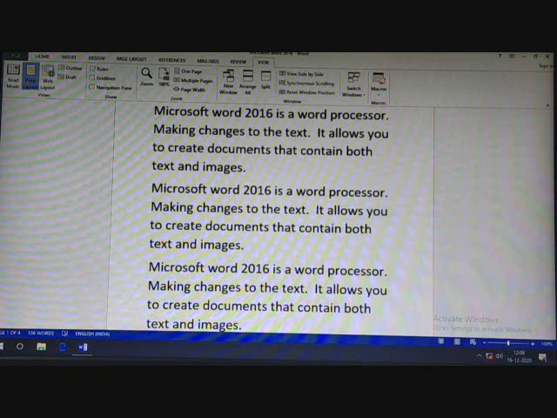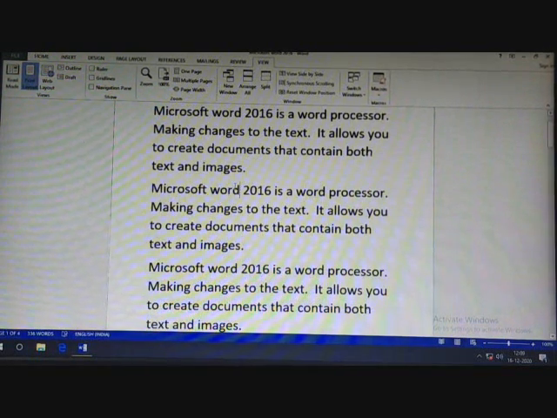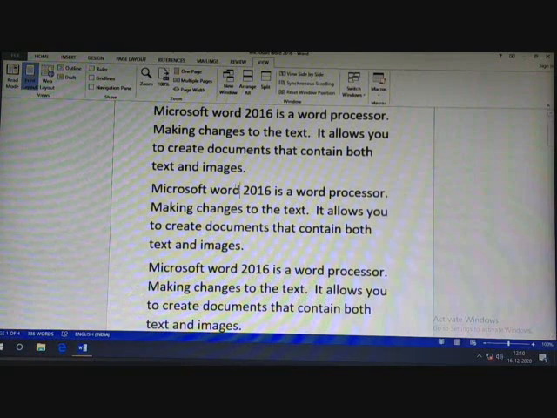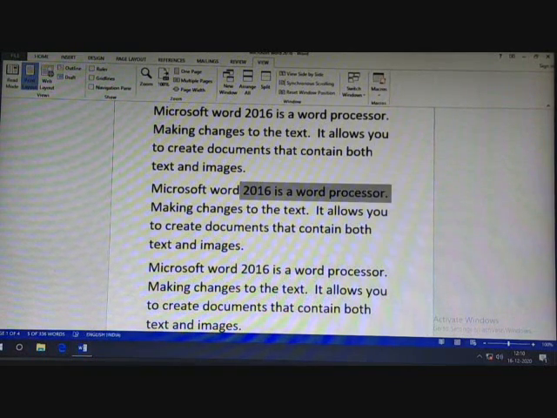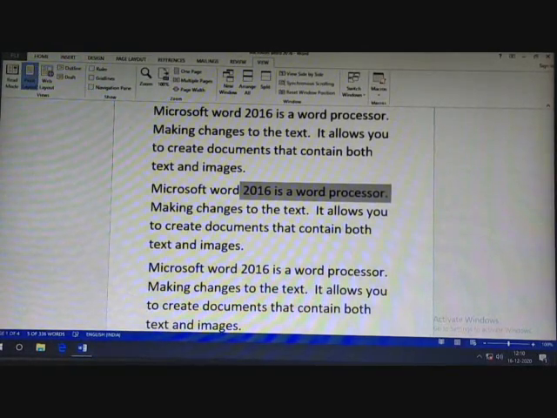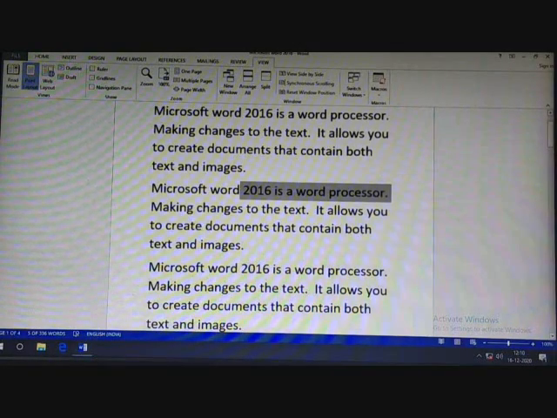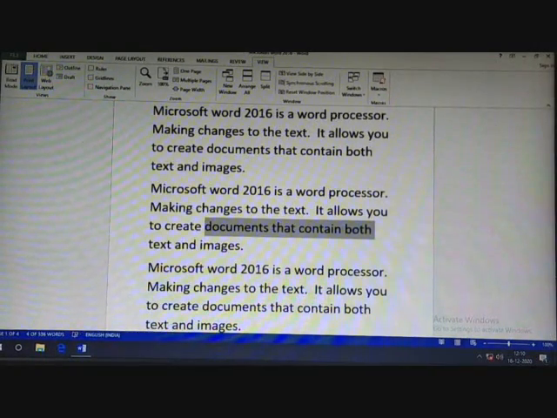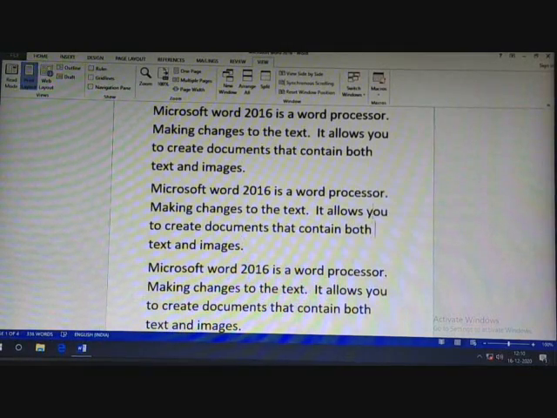Suppose I have kept the mouse pointer here, and I want to select the whole line after it. So what you have to do is press the shift key and the end key on your keyboard. Just above the arrow keys there will be an end key. This is when you want to select to the end of the line, not the sentence. Suppose you think I selected to the end of the sentence, no. Suppose I keep the mouse pointer here, press shift and end, can you see? Okay, it did not go to the end of the sentence, it went to the end of your line.